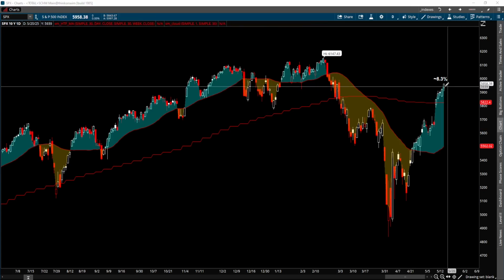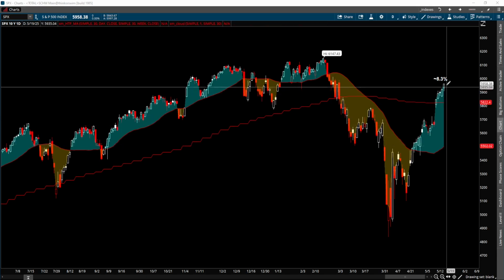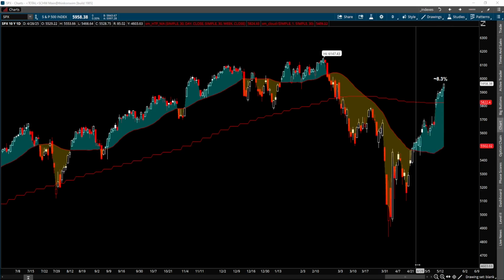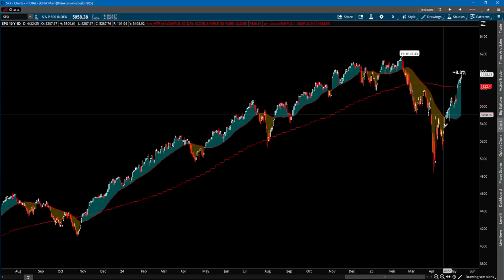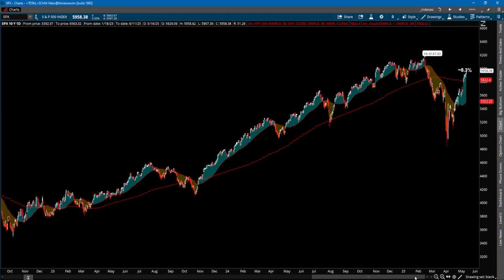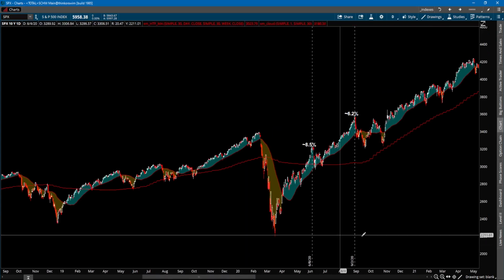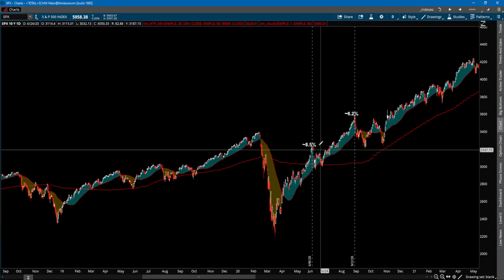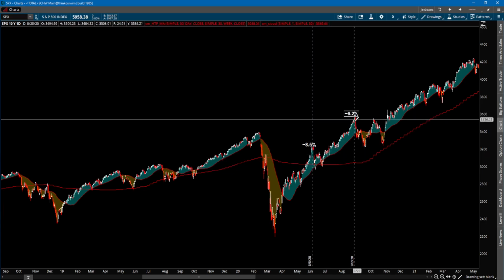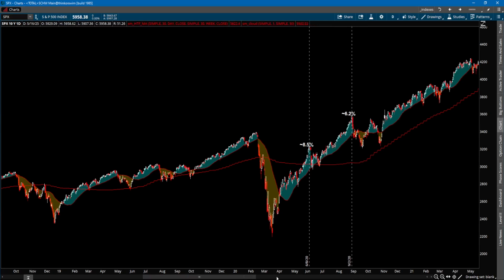Now let's come back and take a look at this overextension on the S&P 500 from its 30-day moving average. See, we are basically 8.3% above the 30-day moving average. And what I want to highlight is what happened when we see such an extension away from the 30-day moving average. If we go back a few years, we see a couple of times that it showed that type of extension. Back in June 2020, we saw an 8.5% extension away from the 30-day moving average, and 6.2% from this 30-day moving average back in September of the same year,